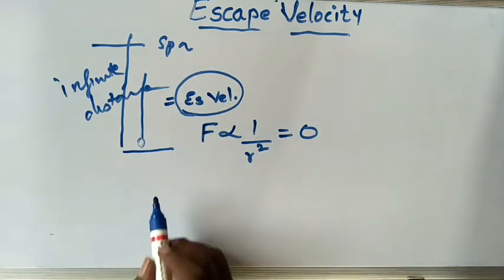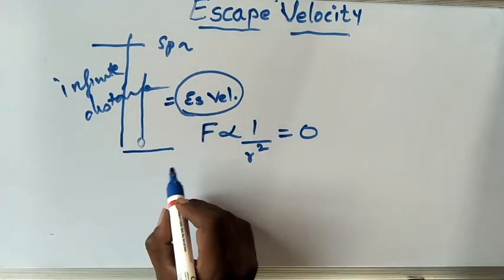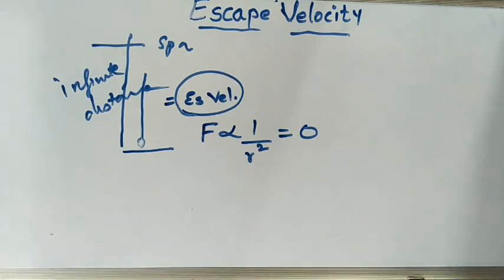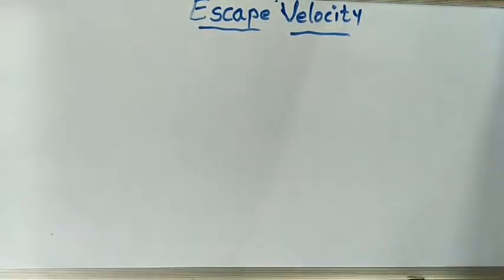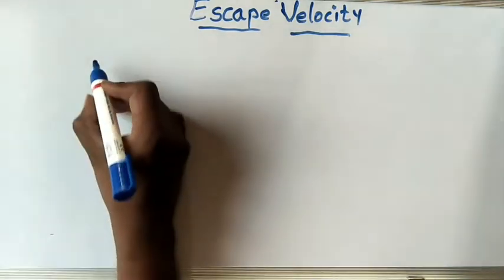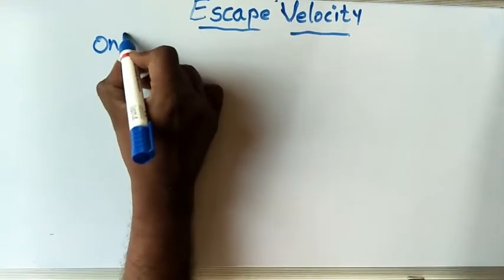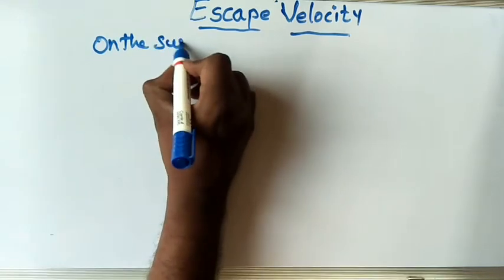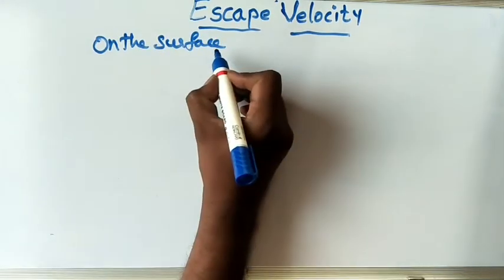So let's say for an object of mass m, we'll take two conditions. First, on the surface of the earth,